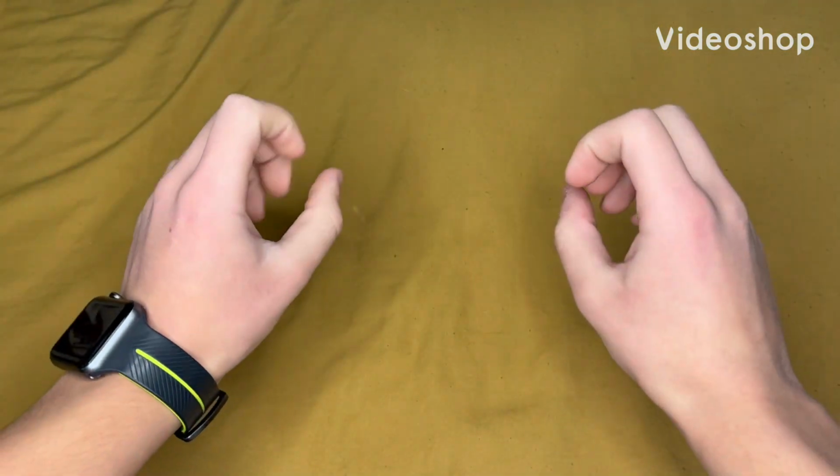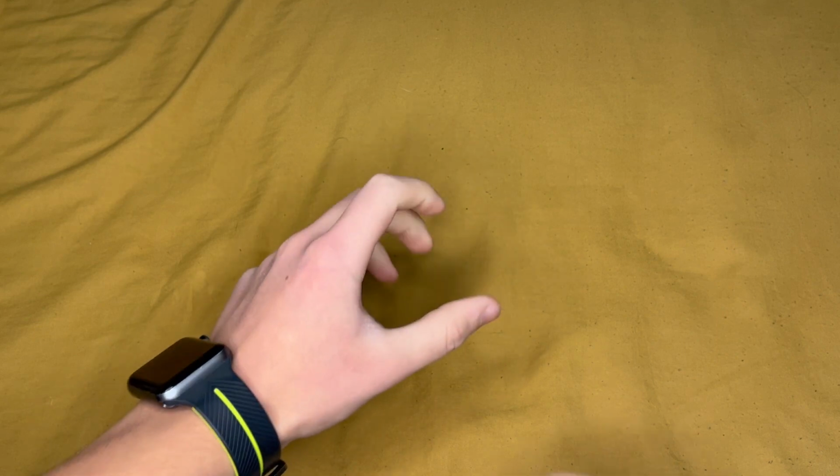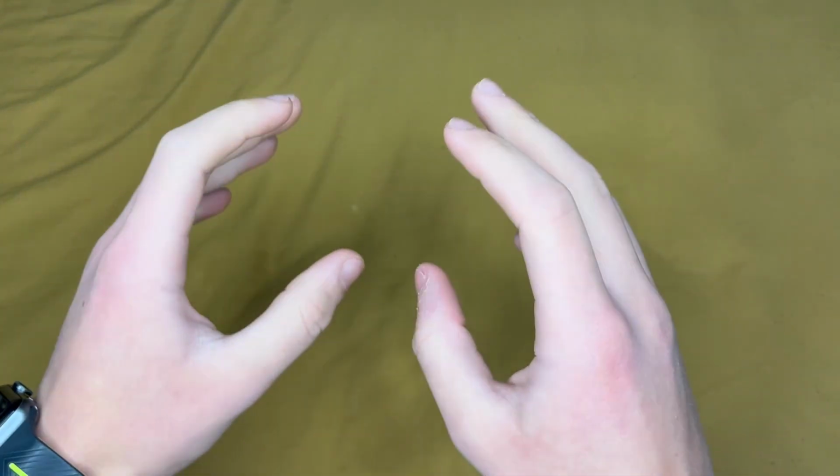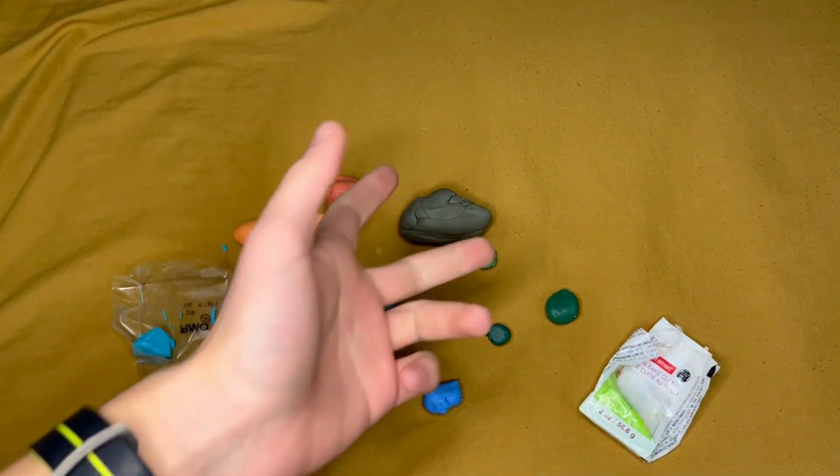Hi, my name is Matt, and I want to make the player character from Terraria. But not just that, I also want to give him these starting tools. See? So to start, I get all of the colors that I think I'm going to need throughout this, and